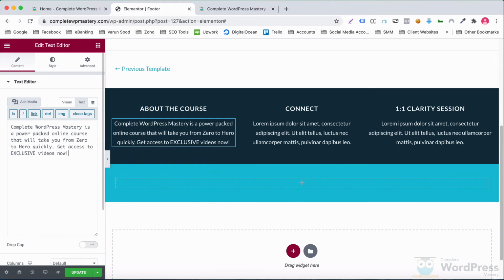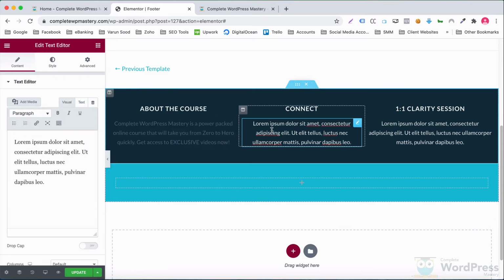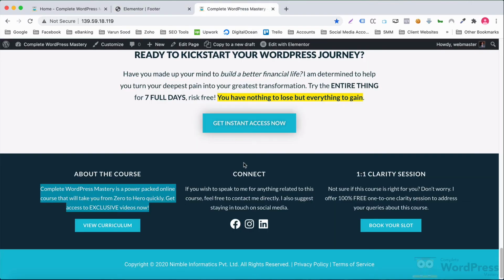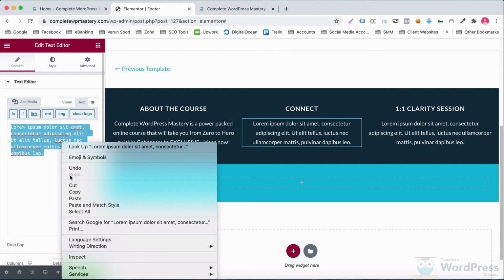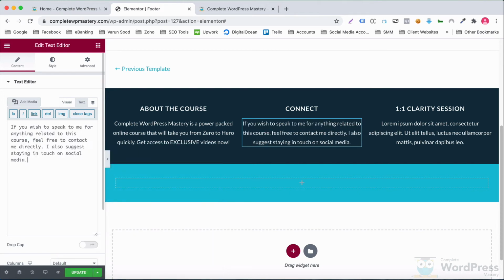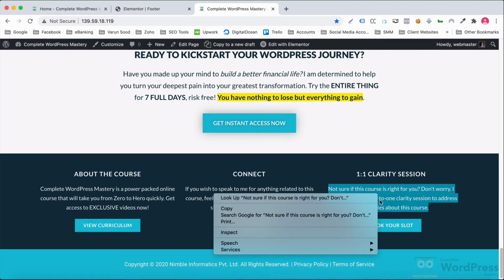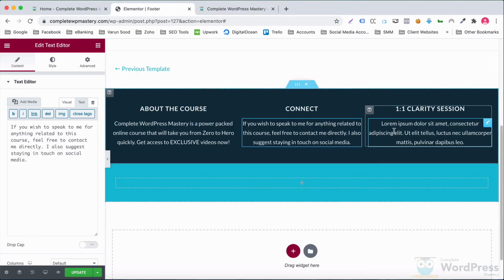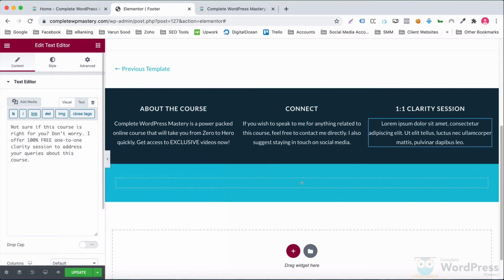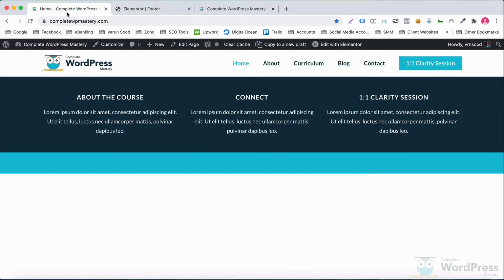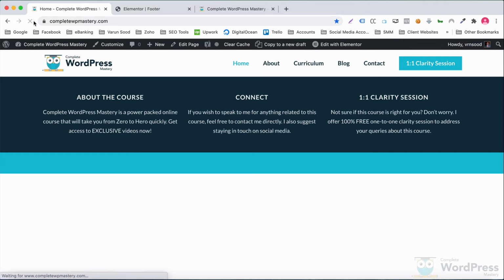Let me quickly do this for the other two columns as well. I'll hit update and refresh the front end of our site. Looks great.